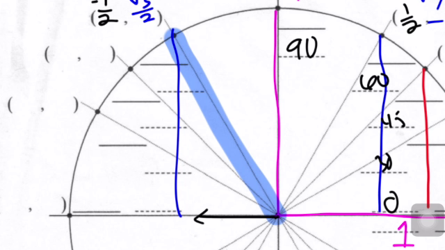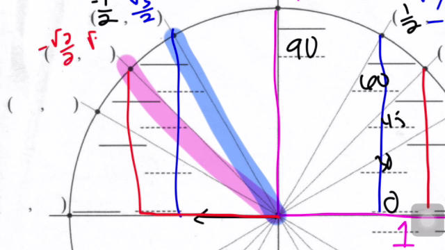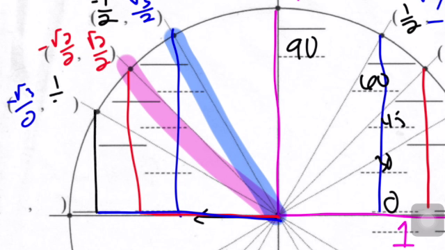Alrighty, then to get to the next angle, so if I want to go to this angle right here, I need to travel medium side, and then medium. So these are going to be radical 2 over 2 and then radical 2 over 2. And then to get to the last one, I've got to go long, radical 3 over 2, negative, and then I got to go up the shortest amount, 1/2. All right, and that's how we get all of those values. And so if I ask you